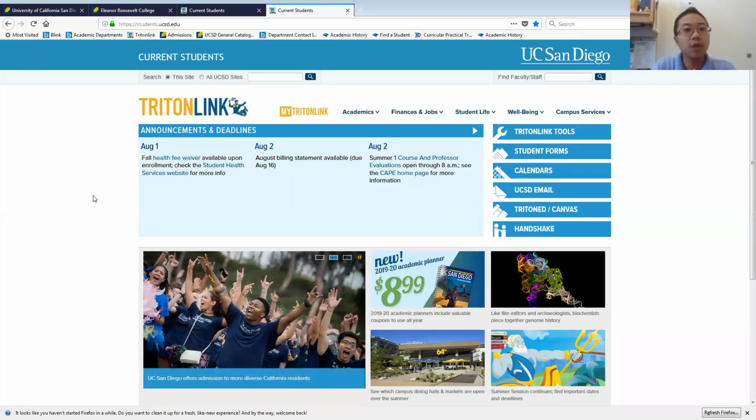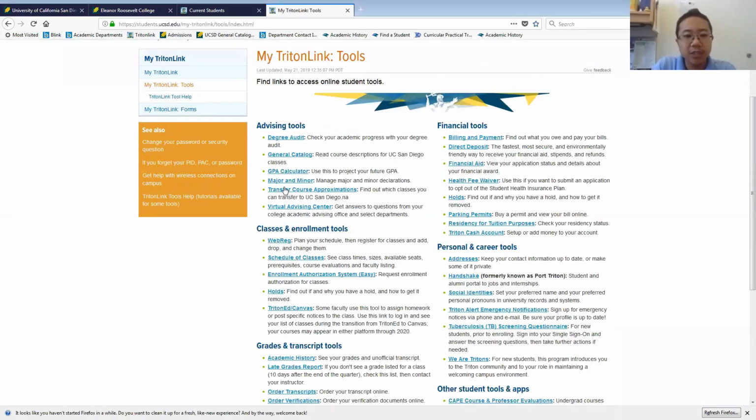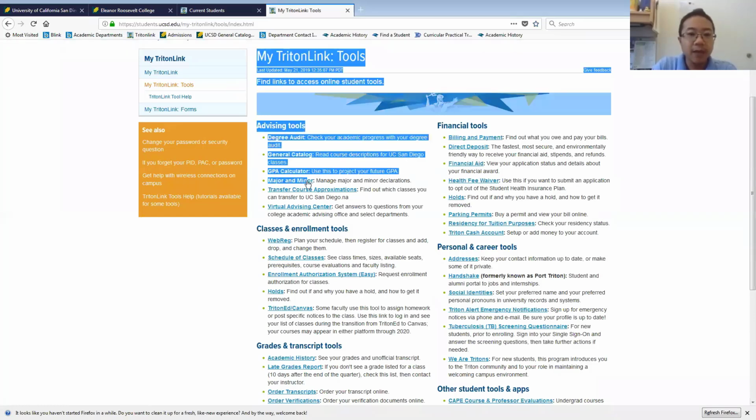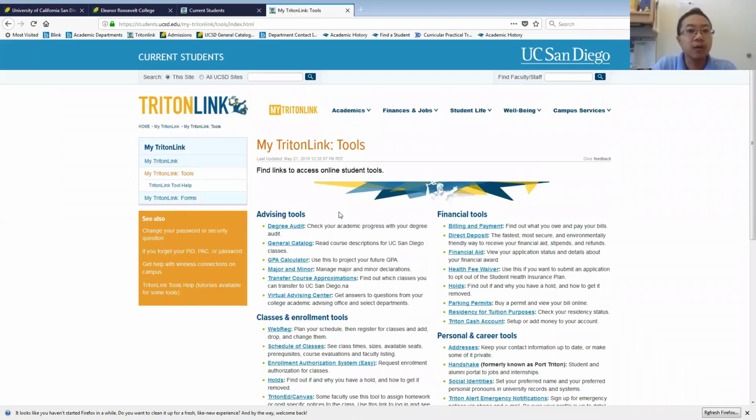But if you go into Triton Link, if you go into Triton Link tools, like Amato is showing you right there, there's the section on there for the major and minor tool. That's where you can actually do that once you enroll in classes when fall quarter starts, is that you can declare a minor at that point. We would recommend that, if you're thinking about a minor, go ahead and use the online advising system in the new student site